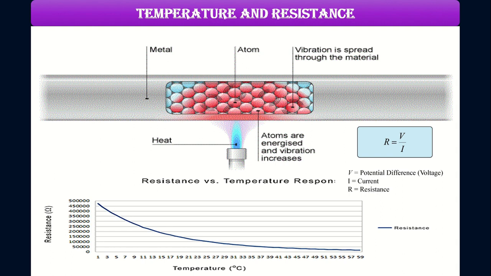With most resistors, this effect is relatively small, but in some resistors, this effect is very large. That is, when the material heats up, the temperature will be more, so the resistance will also be more. If this effect is large, we can use it to our advantage, by using the resistor as a temperature sensor. So a temperature sensor is an advantage of the heating up of the resistor.